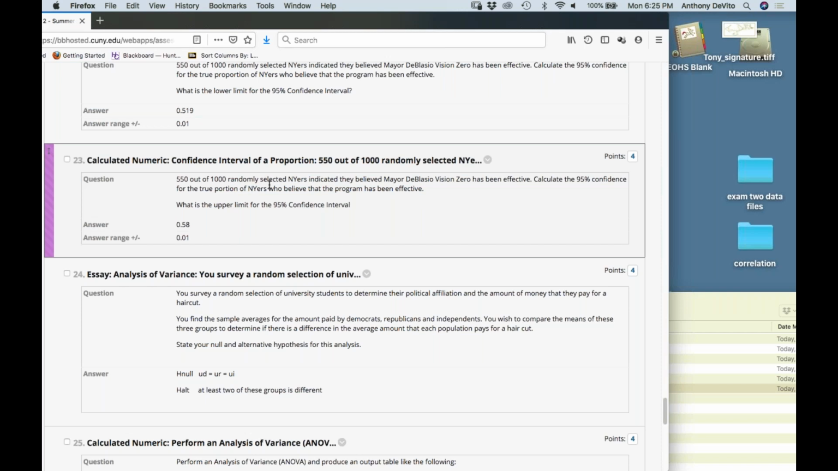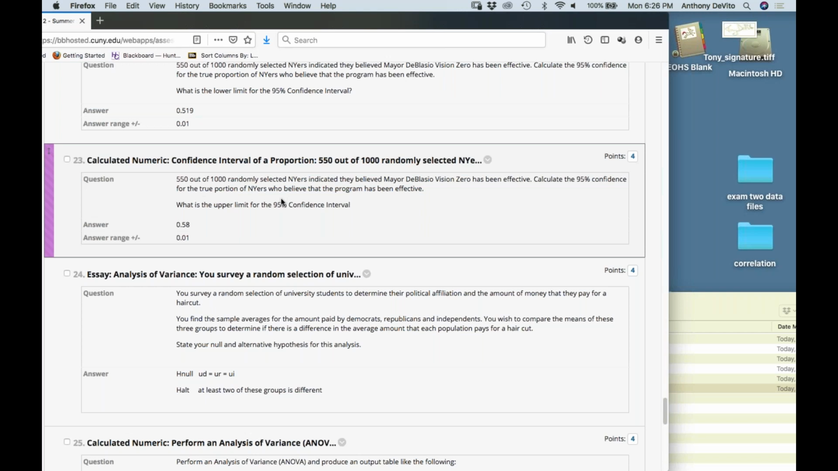1,000 people in New York City over 18. And we ask them, do you think it's effective? 550 said yes out of 1,000. But now, how sure are we that that means that the majority of New Yorkers think it's effective? In other words, more than 50% think it's effective. Well, that's why we want to